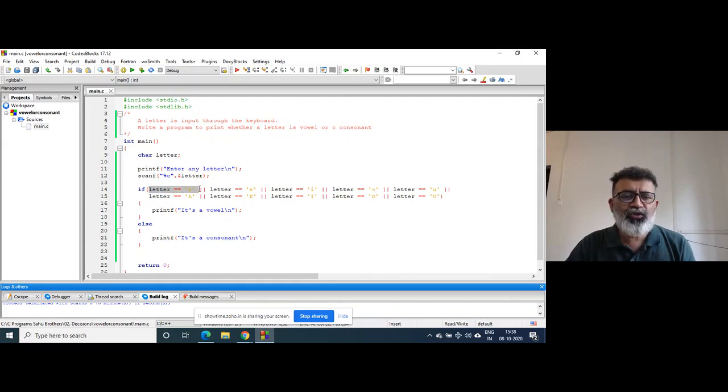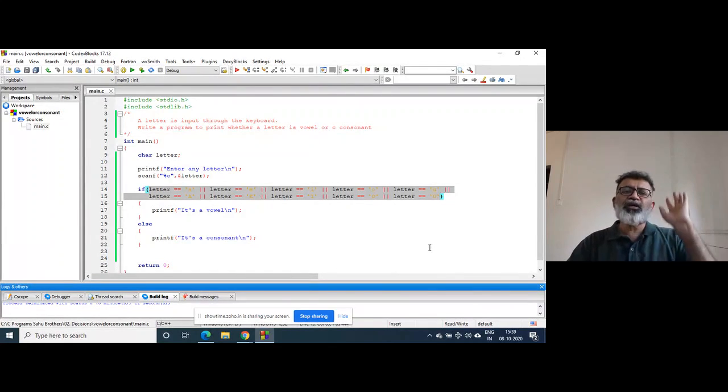So once this condition is true, the control will go here. Now suppose you have entered capital I. It will check this condition, false, but with logical OR it will keep checking, because the whole condition is going to be true even though a single condition out of them is true. If you recall the logical OR operator, the whole condition is false only when all conditions are false.